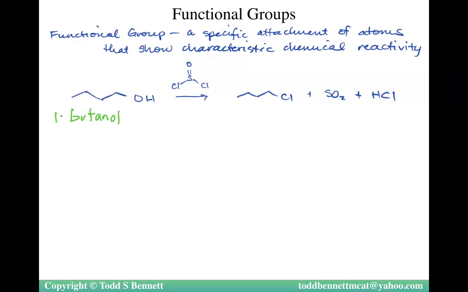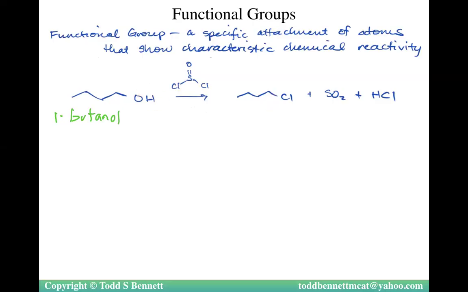But if we do this, then this alcohol gets turned into a Cl. And if you follow the math of it all, the O here is now going to be bonded to that S. So S has 1 O, now it has 2. This H is going to bind with one of the Cl's, and the Cl is going to replace the OH